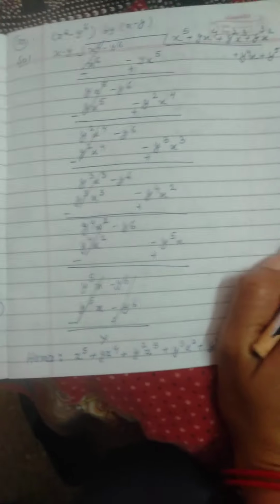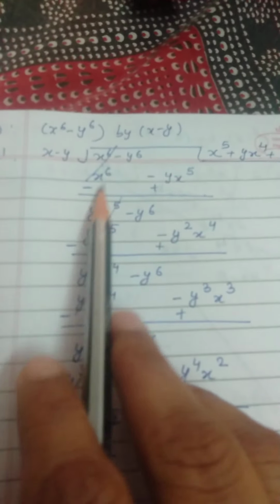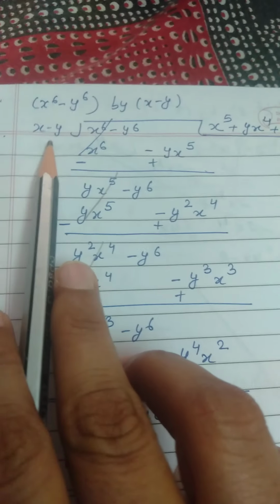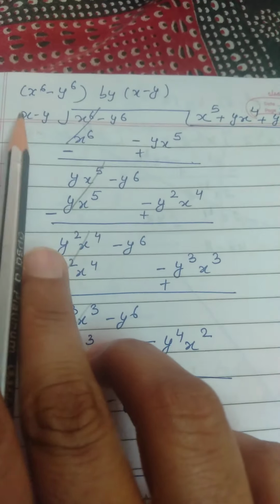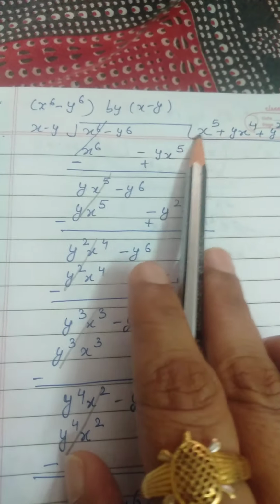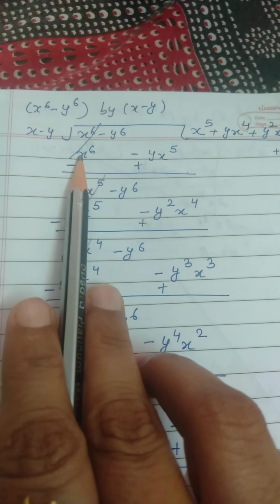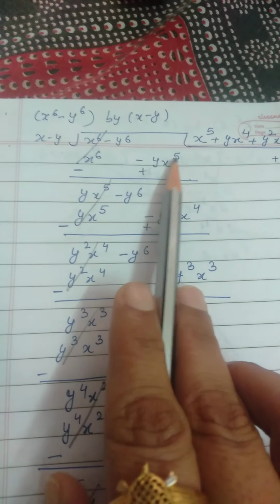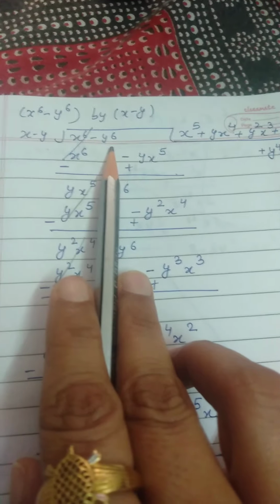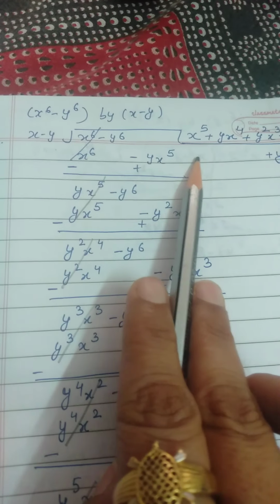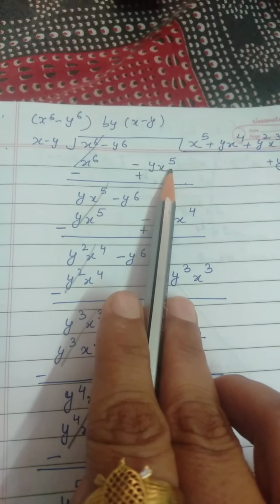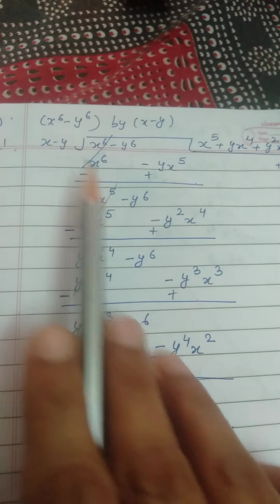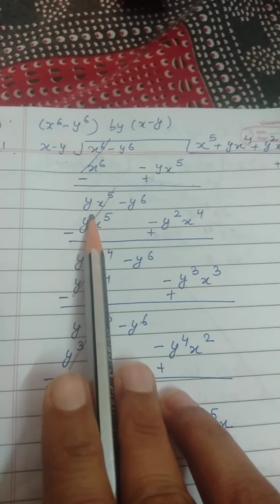Okay, I am explaining this one, a bigger question. See, here is x raised power 6 minus y raised power 6 multiply with x minus y. So first of all, obviously, if I multiply with x raised power 5, then I get x raised power 6. But when x raised power 5 multiplies with y, we get minus y x raised power 5. But here is no term like this, so we have to write it separately. Change the sign because its degree is greater, and calculated with x, so I write it first.